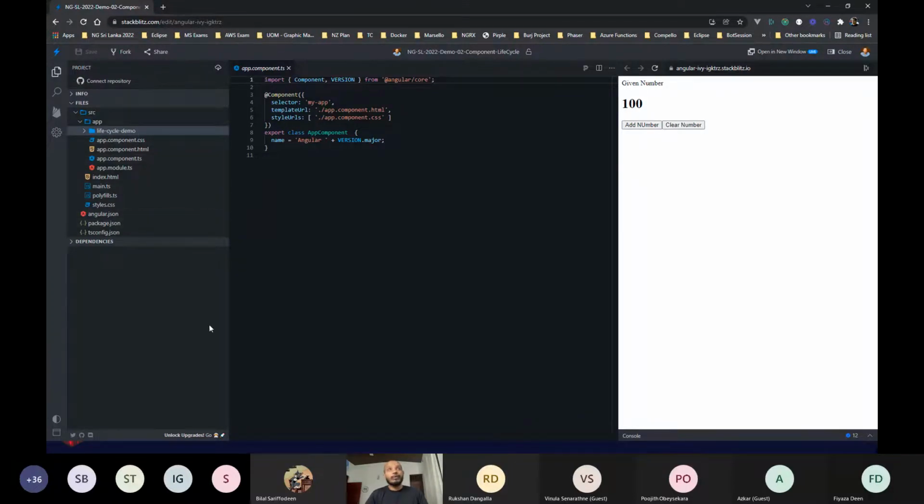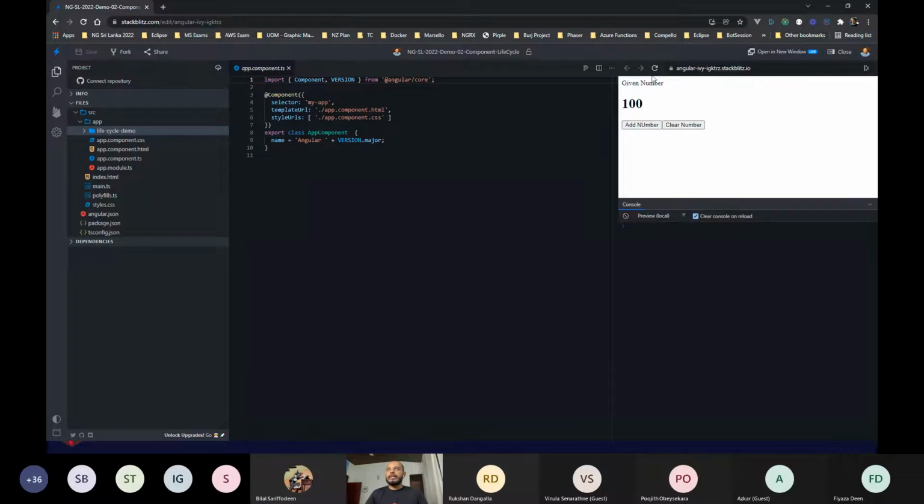Another cool thing I want to point out is that you can see the connect repository option in here. If you are signed in with your GitHub account, when you click on this, it will automatically connect to your GitHub account, create a repository and push all these files. So it's very easy, and you don't have to worry about losing the changes that you made. Here I'm going to open up the console, clean it up and refresh